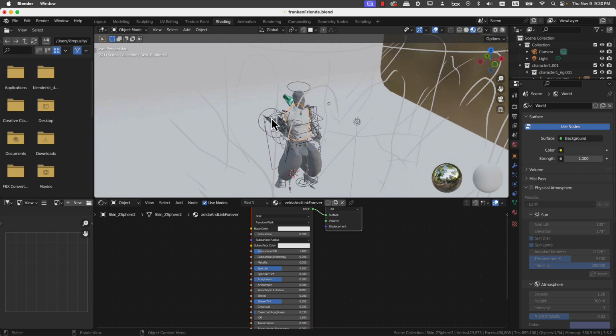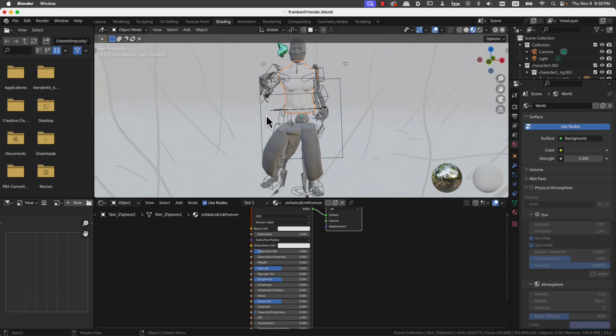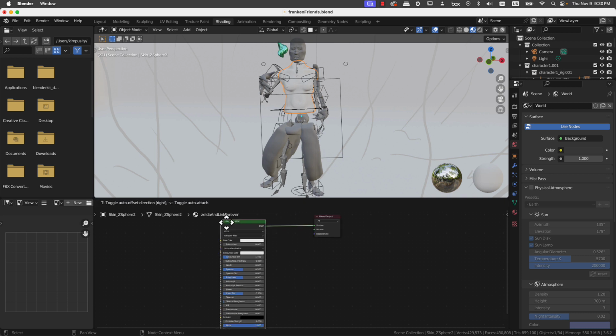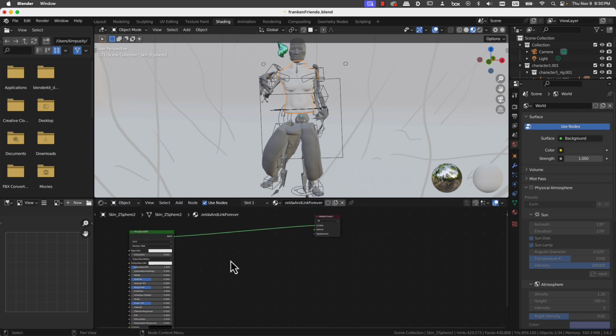tab there. Here we have this character, and we're in the shading, and I'm going to push this thing that says principled, press Shift A or add, press the search option and do shader, and then it's going to show me shader to RGB. I press that, I put that there,